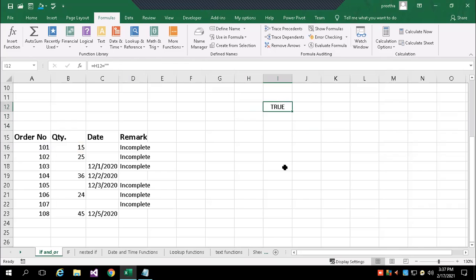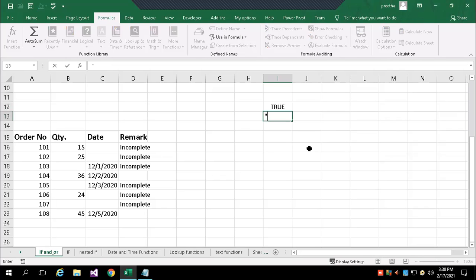Why is it coming as true? Because the cell I referred to is empty. There is no data in it. So how do we compare that it is empty? H2 is equal to empty. That is double quotes, no space, just open and close double quotes, which means no data in that cell.